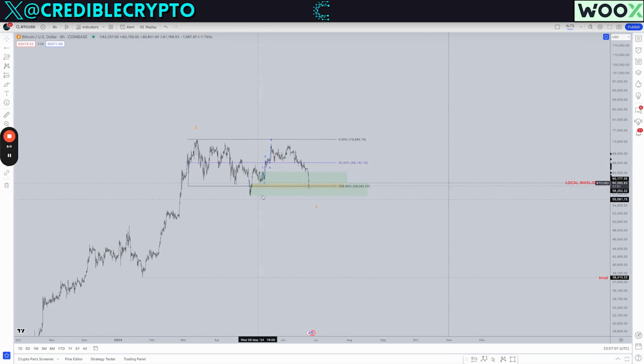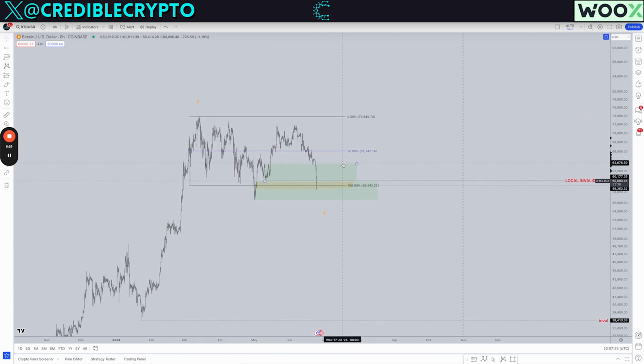Ideally, we can get a higher low here, and this would form a really clean looking range with a little bit of a deviation below the lows. And now we're putting in a higher low. That's ideal. That's like the perfect sort of accumulation range. I'm going to go ahead and remove this now invalidated impulse. This would be perfect if we found a bottom within this zone and put in a higher low here. That would be ideal. And in a situation like that, there's a couple of levels that I'm looking at.